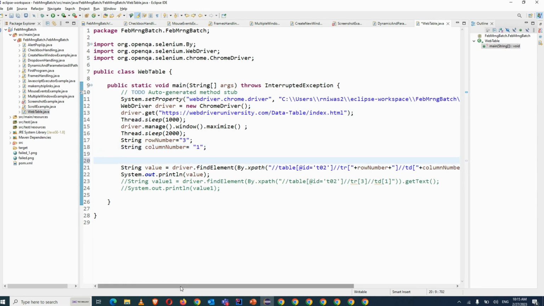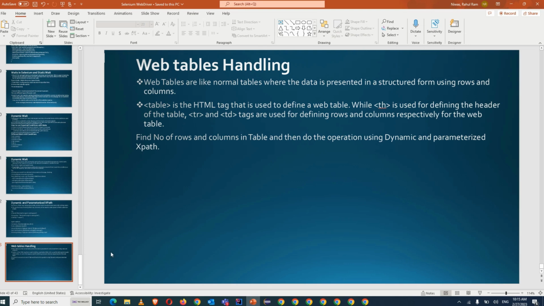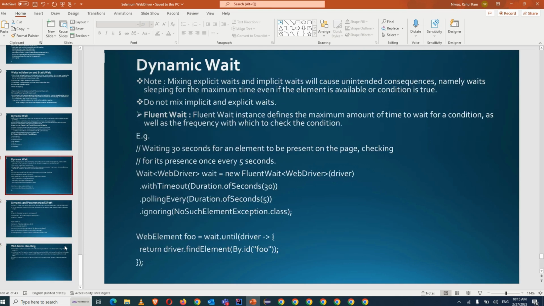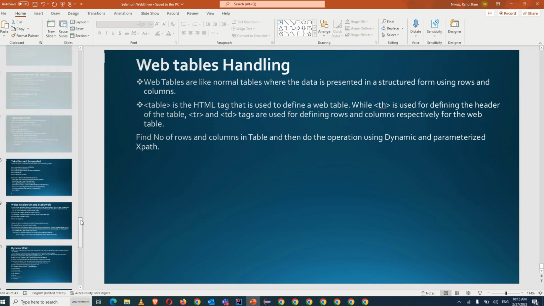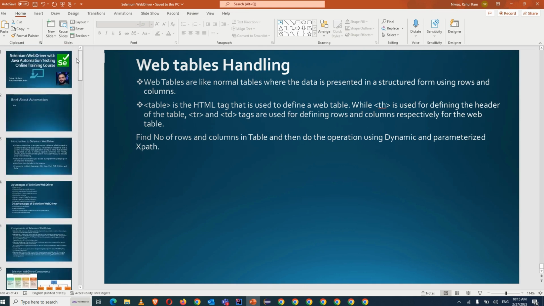Okay, Rahul. Okay, so by this we are completing our Selenium WebDriver concepts, and I have covered all the concepts. I have explained in detail with every practical knowledge and sessions in